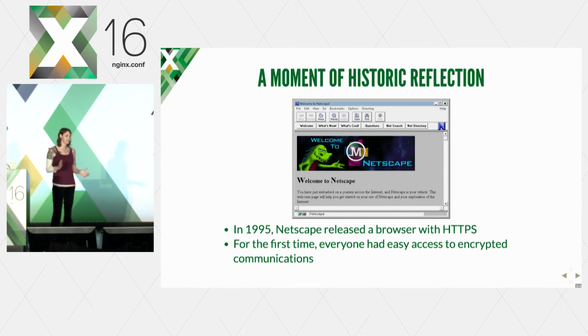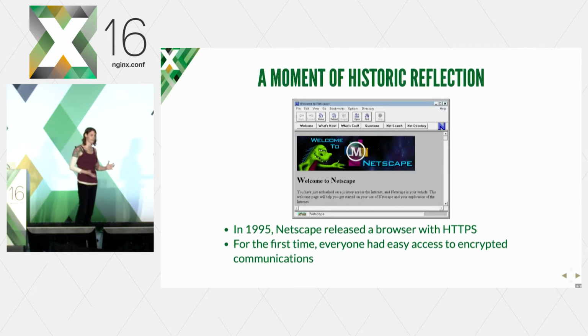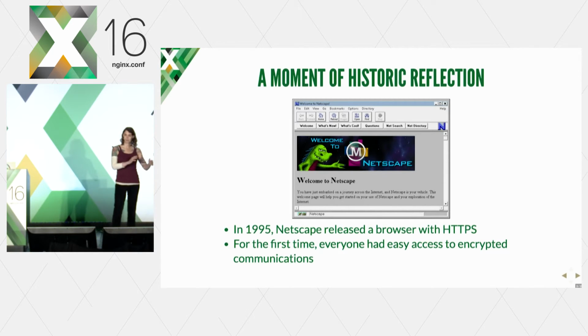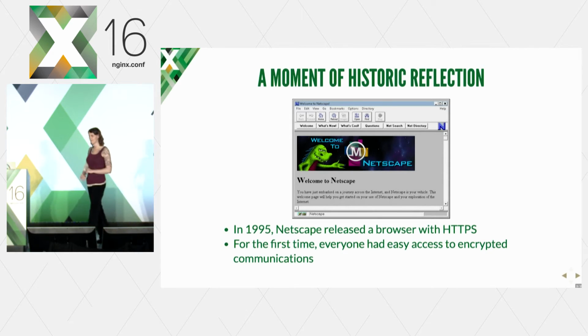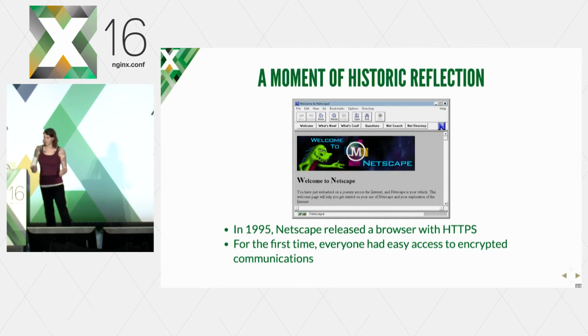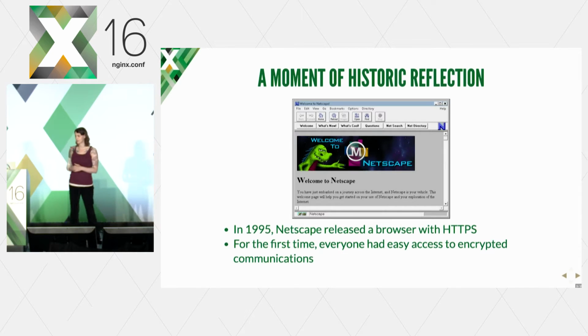Now, obviously, back in 1995, encryption did exist. I mean, if you were a huge company, you could hire IBM, and they would send out an army of contractors, and they would set up your mainframes with encryption, and you could have encryption back and forth between your data centers, and that was fine. Or if you were obviously the federal government, you had your army of cryptographers and mathematicians.